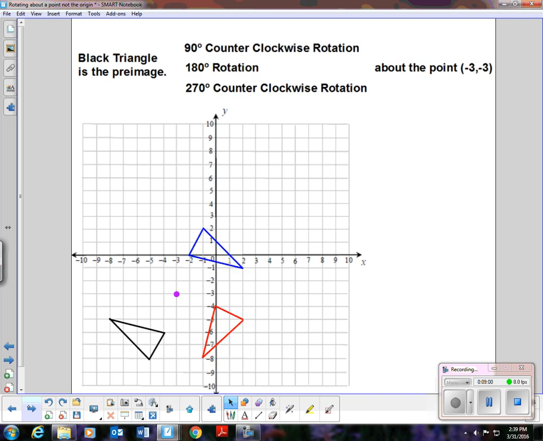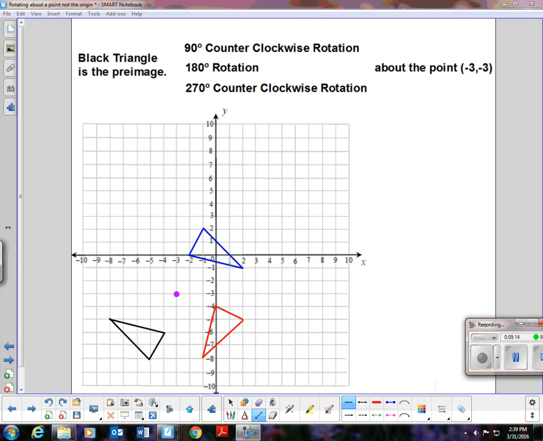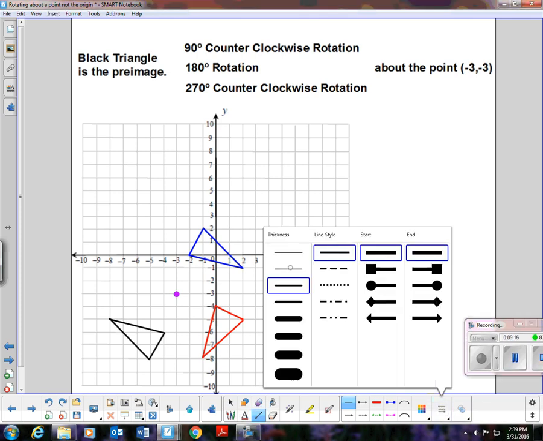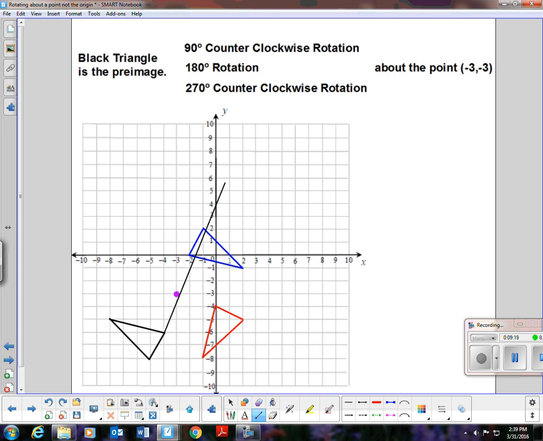All right. Now, the blue one is the 180-degree rotation. So see if you can practice that one and get that one. Now, if I'm going to do a 180-degree rotation, all I do is I connect. I'll use my line tool here. Let's see here. I want it to be a nice thin line. So if I connect this point to the rotation, for each one of these,